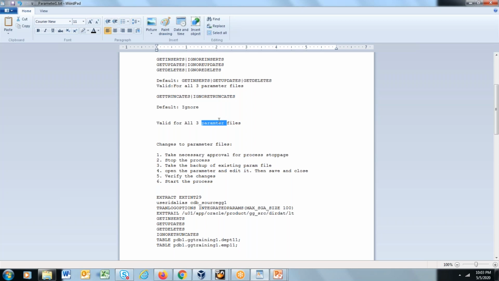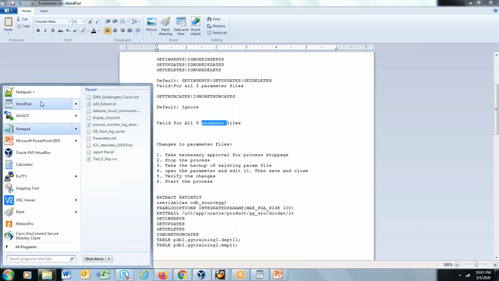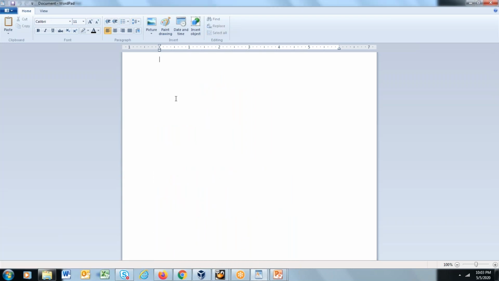Okay, so before we proceed further, let us do one exercise quickly. We have a requirement. We have 4 tables: T1, T2, T3, T4. Now the requirement is for T1 table, we want to capture insert, update, but no deletes. That is, we don't want to capture any deletes. For T2 table, we want to capture insert, delete, but no update.